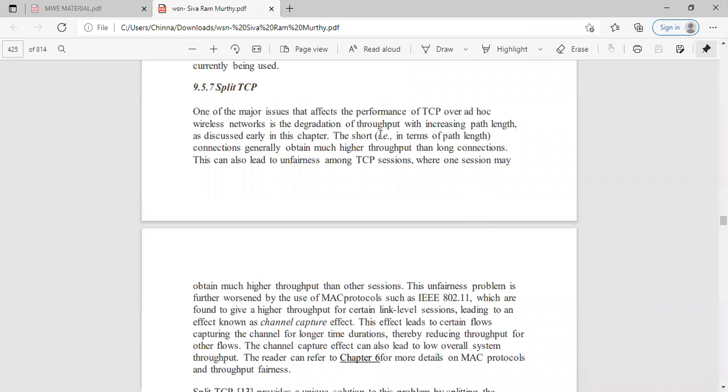One of the major issues that affects the performance of TCP over ad hoc wireless networks is degradation of the throughput with increasing path length, as we discussed in the previous chapter. So path length is the basis for connections obtaining large throughput. This leads to unfairness among the TCP sessions, where one session may obtain much higher throughput